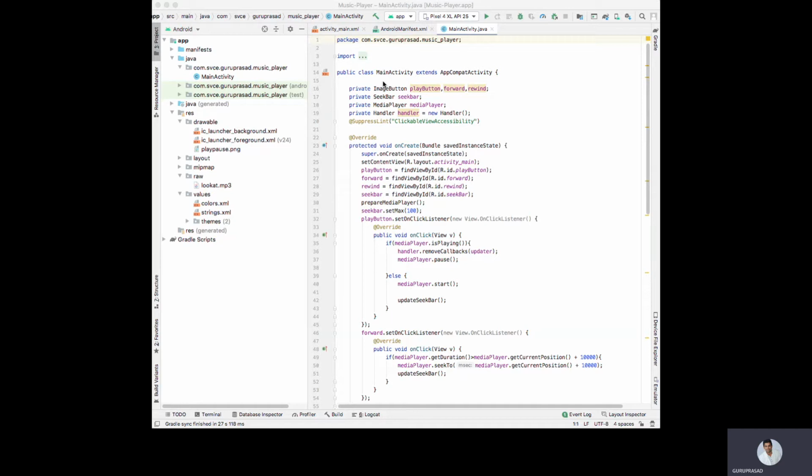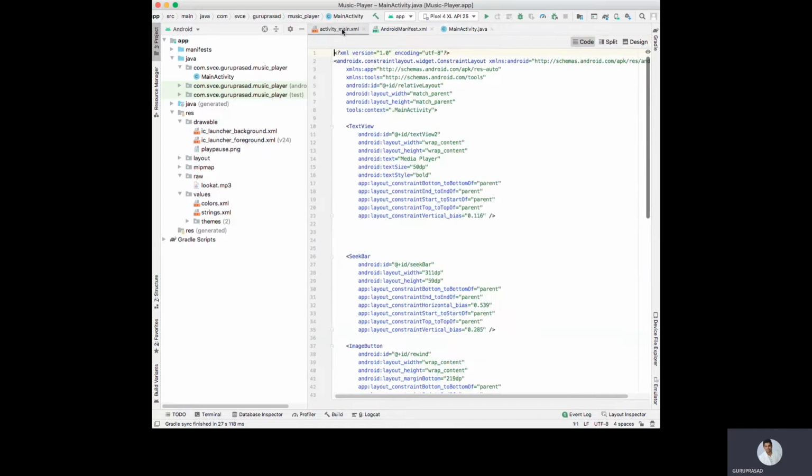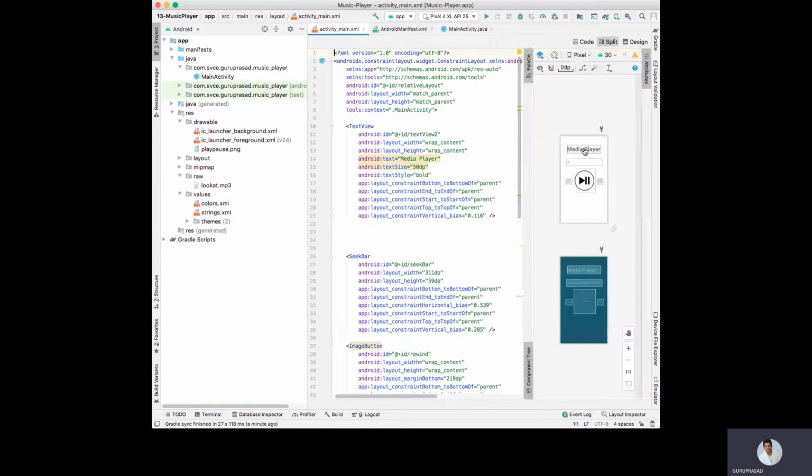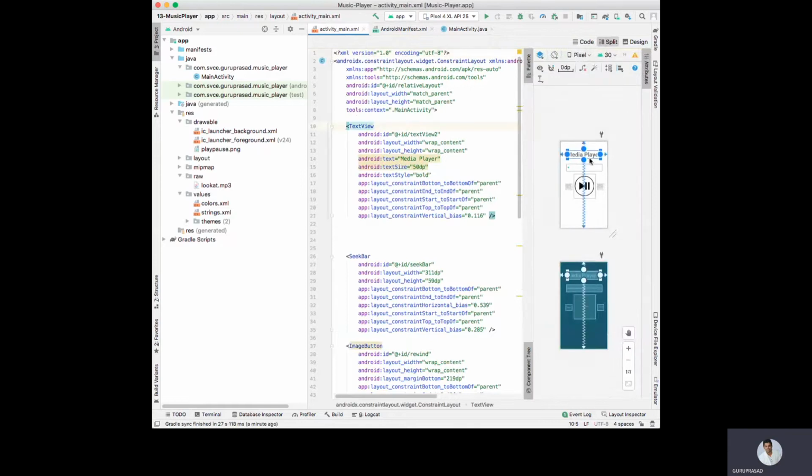Today I'm going to demonstrate the music player application. First we need the activity main. In this activity main we need media player. So one text view I have added media player